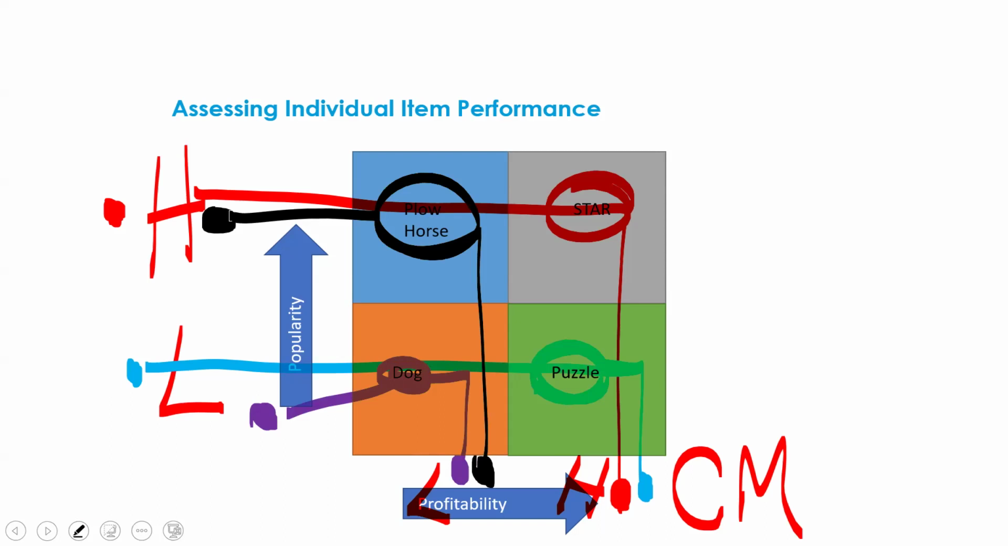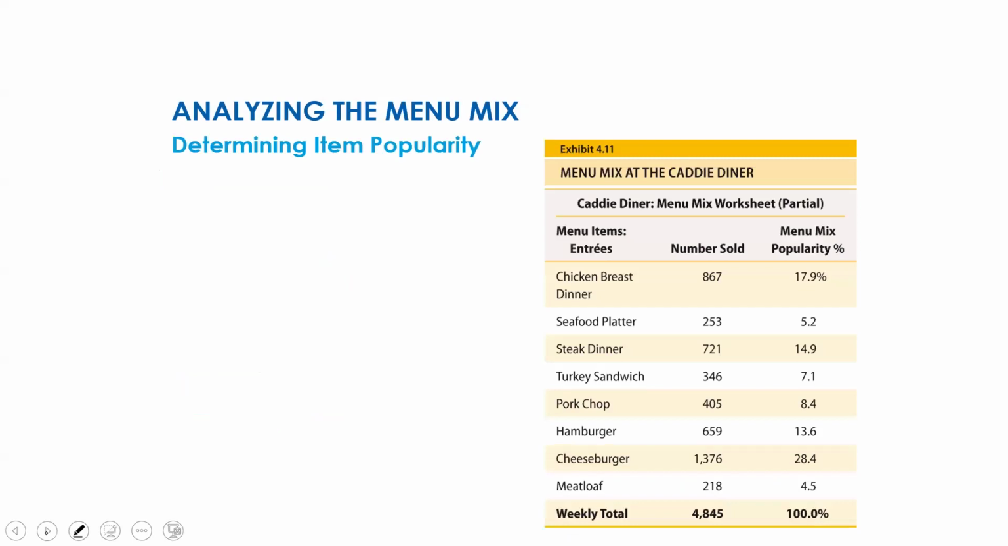So we're going to go over how we calculate our popularity and how we calculate our profitability, our contribution margin. And then once we do that, we'll be able to analyze and put our menu items into these various categories. So when we are figuring out our popularity,